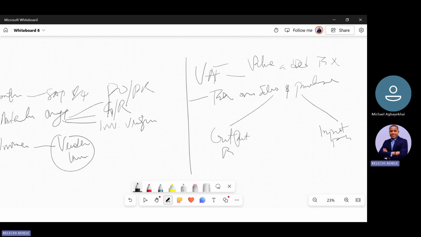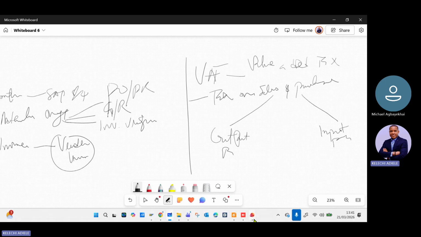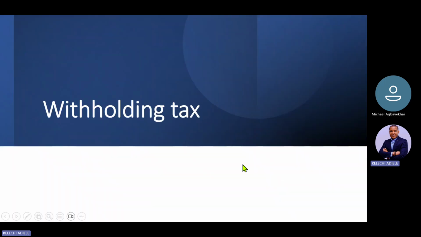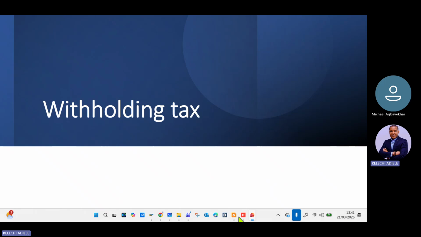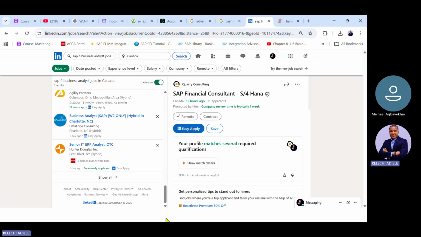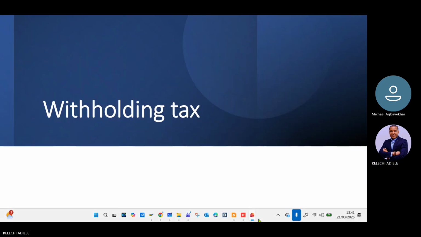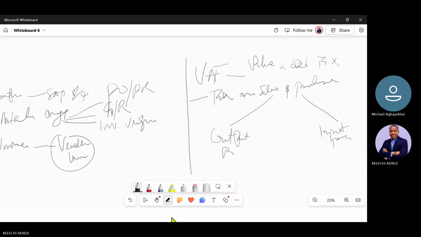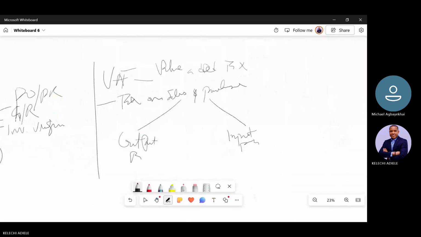So this is basically one of the very important taxes in SAP, and I've taken some time to explain this a lot. The next is withholding tax, which is also very, very important. Now, withholding tax, the popular name is WHT,